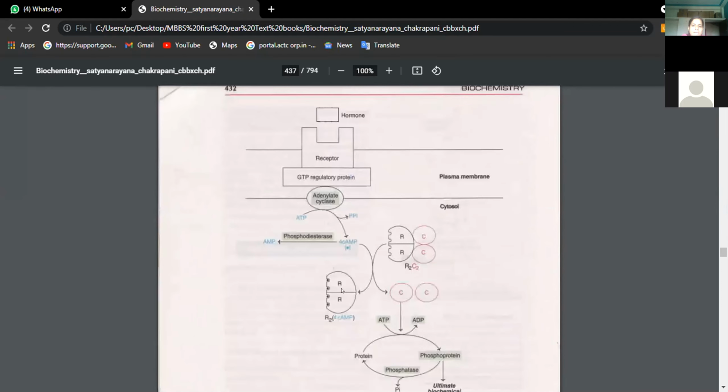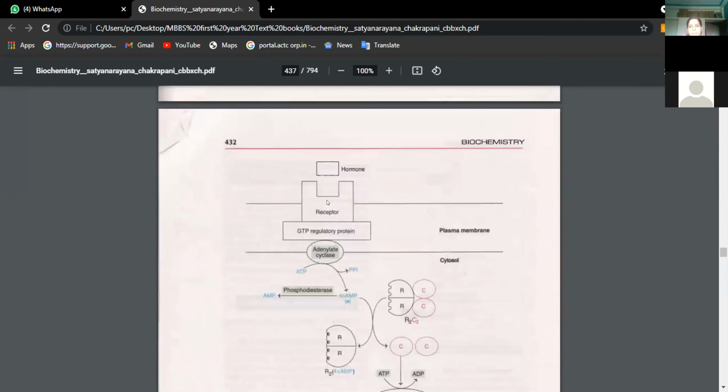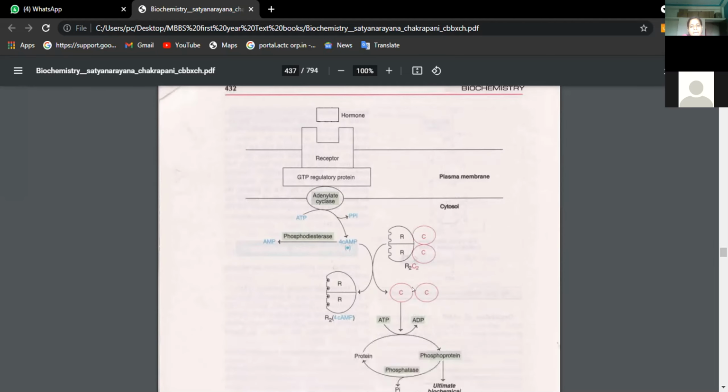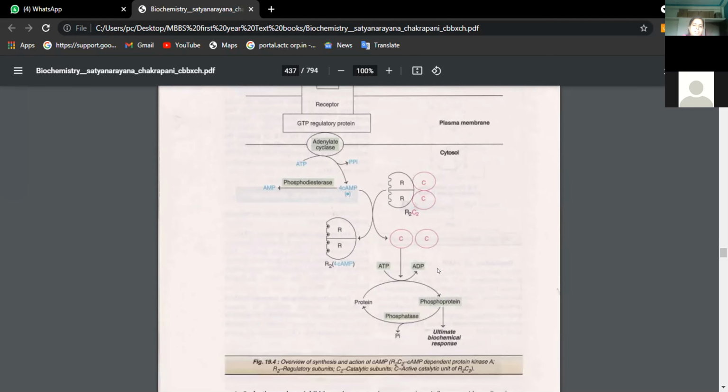Now let us see how it is acting. See, this is the cell membrane. On the cell membrane, we have certain receptors. The hormone comes and binds with the help of this G protein receptor, GTP, guanine triphosphate receptor protein. So the hormone is now allowed to enter inside the cytoplasm. And once the hormone enters the cytoplasm, again it will do the action of transcription and translation, but